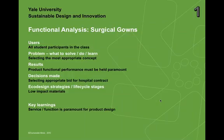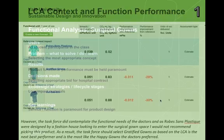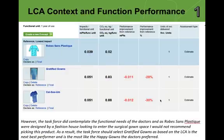So all of our students did this, and it was the first time they'd ever done an LCA, and they had to think about not only the actual results of the LCA, but also the context in which the LCA was performed. So the task here for our students was, one, get their hands on the software, start pulling numbers, start to see how different things affect the impact results, but then also think about the products themselves in terms